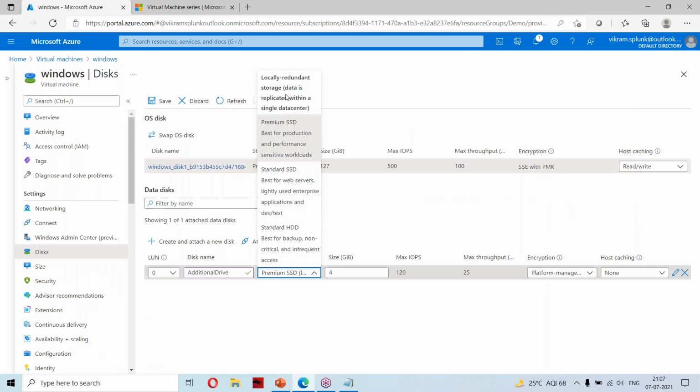Premium SSD is best for production and performance sensitive loads, and standard SSD is best for web servers. And you will have standard disks which will be used for backups.